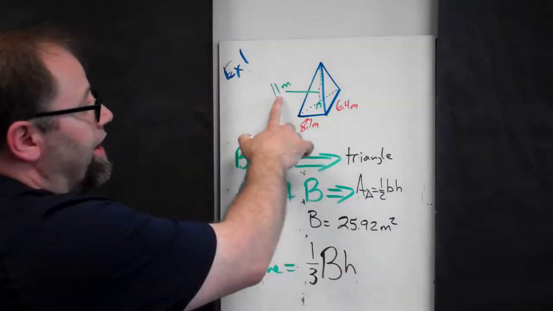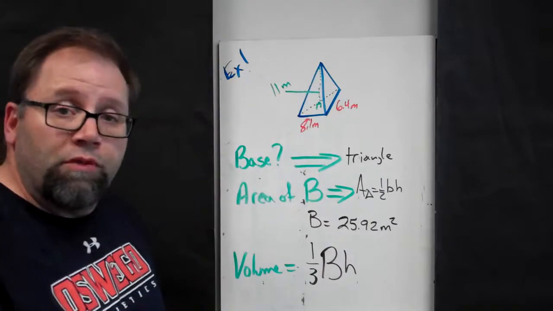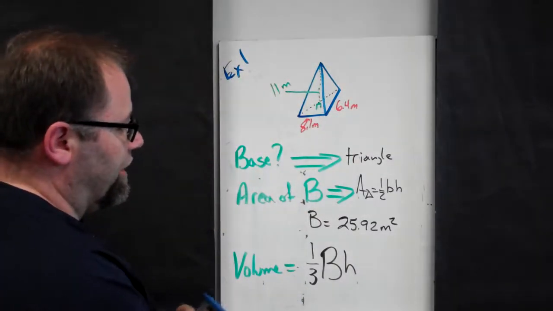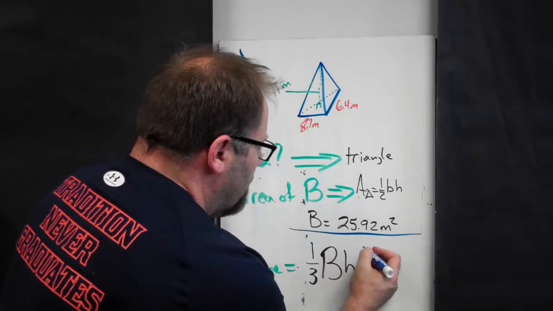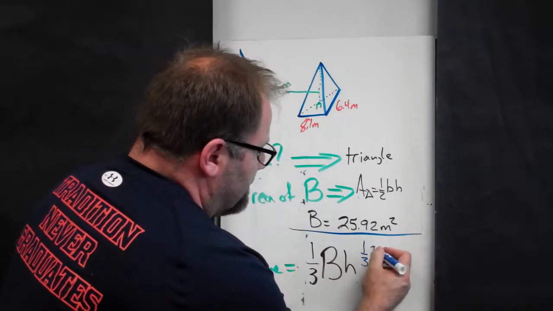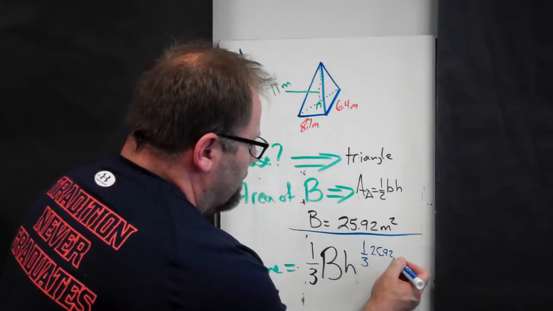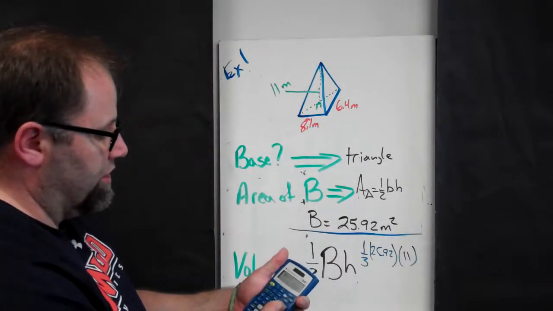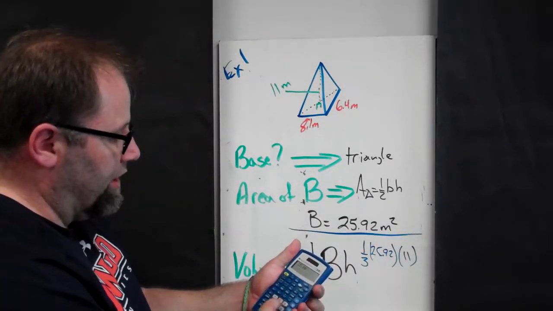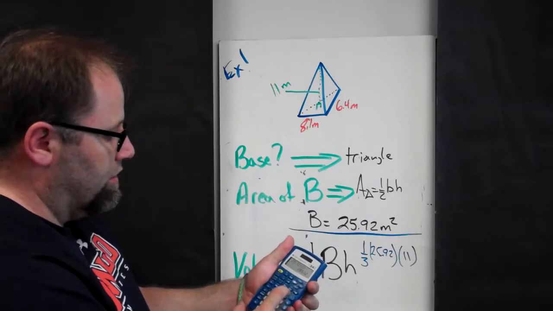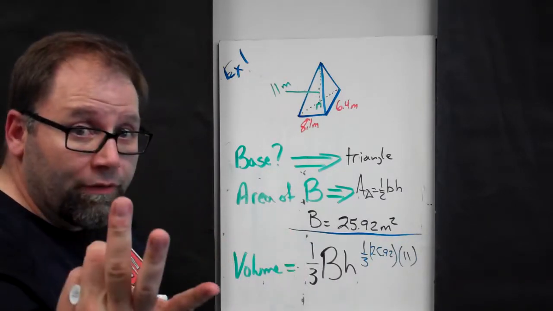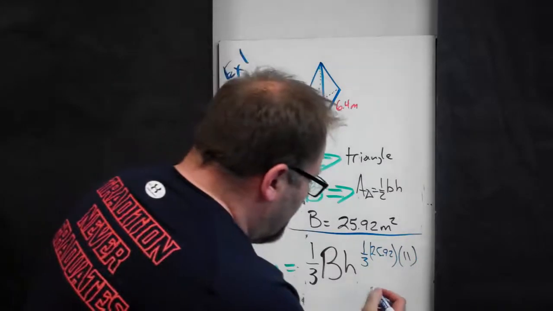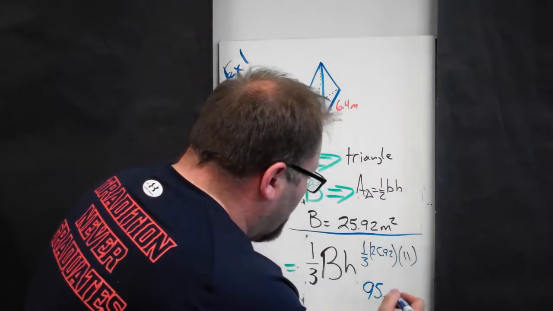And we see here our height is this imaginary line represented with the dashed line of 11 meters. So if I rewrite my equation here, I've got 1/3 times 25.92 times 11 meters. And if we punch that in, clear, 25.92 times 11 divided by 3, right? Because we're not doing 1/2, we're doing 1/3. Divided by 3, and that gives me 95.04